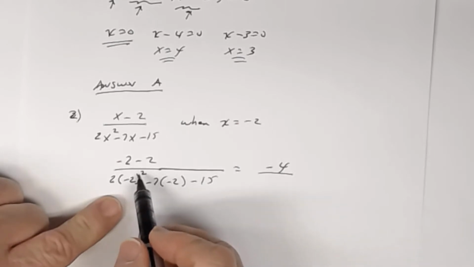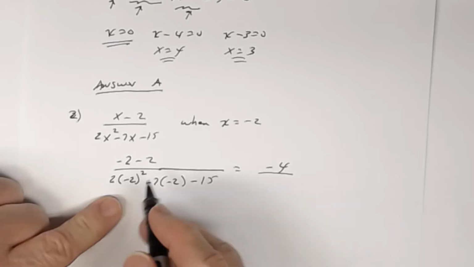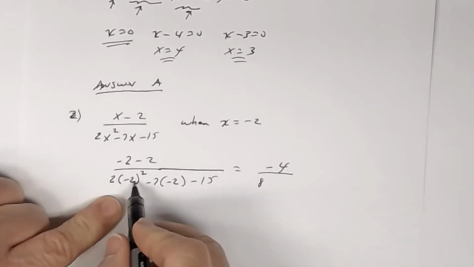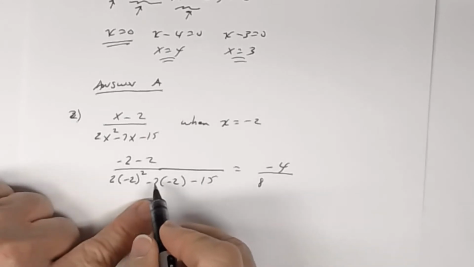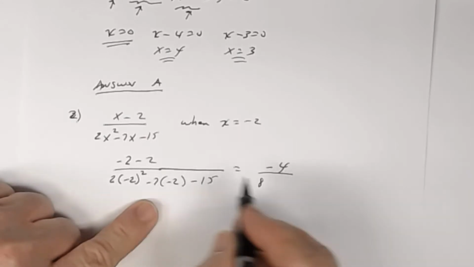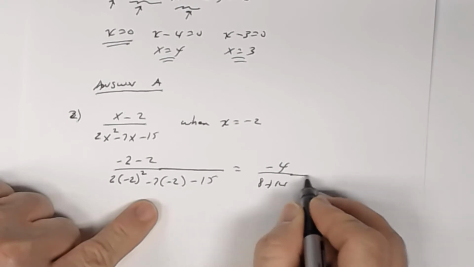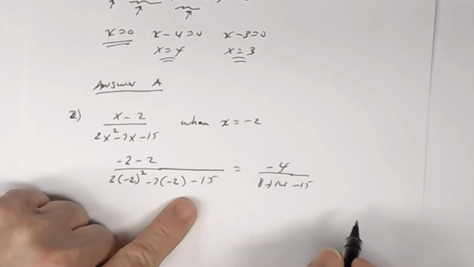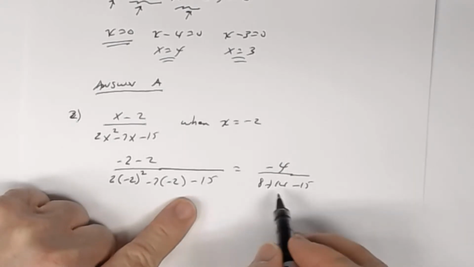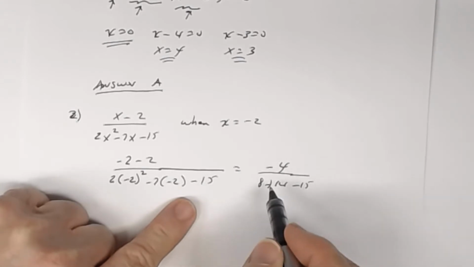So negative 2 squared is 4. Okay, 4 times 2 is 8. So I get 8 here. Negative 2 squared is 4. 4 times 2 is 8. A negative 7 times a negative 2 is a positive 14. And then minus 15. All right, and so I get now, you remember you should add and subtract from left